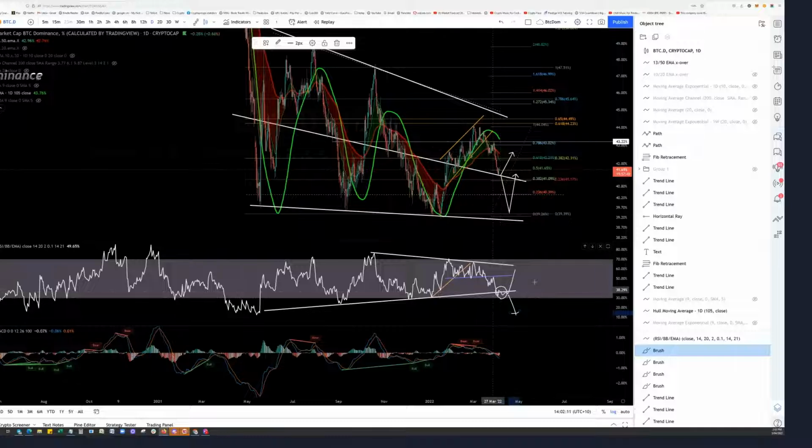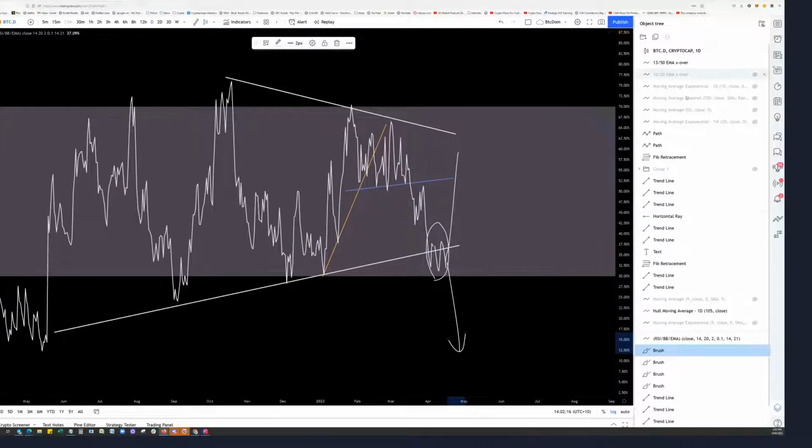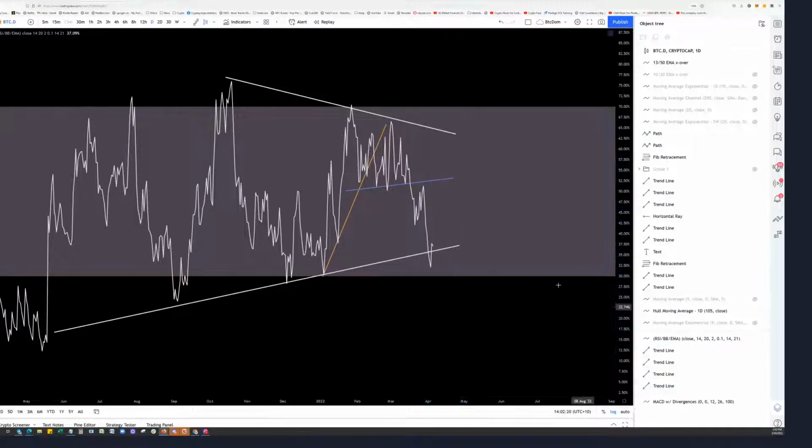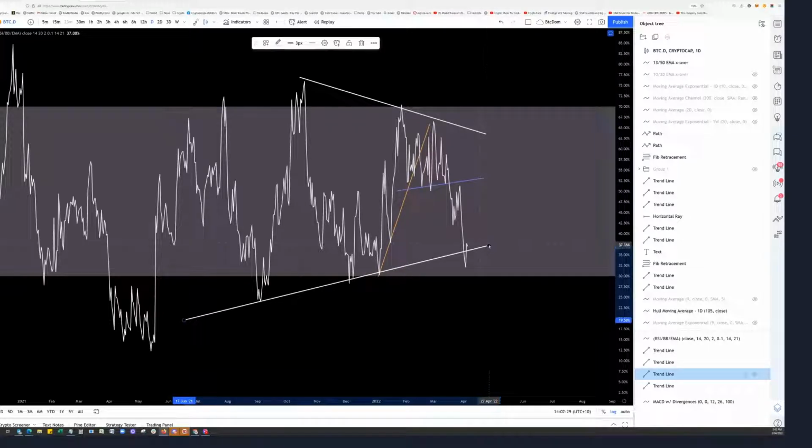The fact that it's gained that level. So if we just get rid of that scribble, and look at it from the RSI perspective, making the lines a bit more accurate, it dipped below it and then it's regained. So on the daily, it's still looking all right